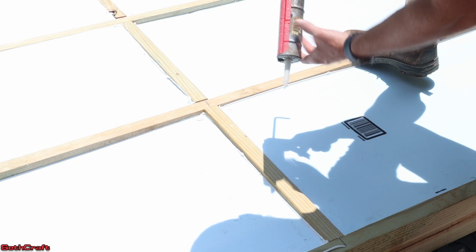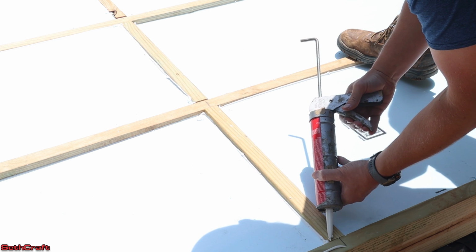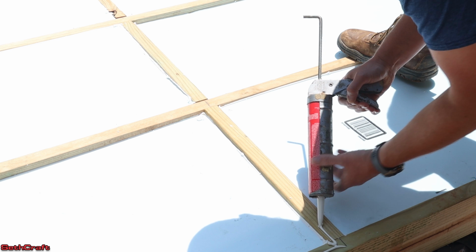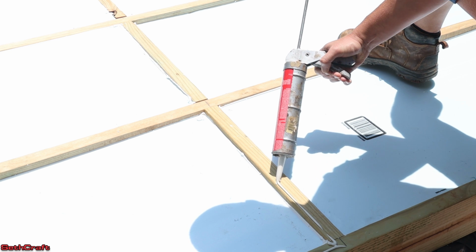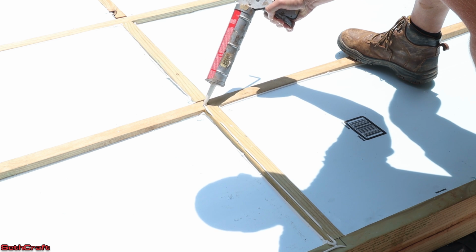When I get to this edge over here, I'm going to be careful to only apply this on the side closest to where the plywood's going to be. And I'll apply some more here in just a bit whenever it's time to put it on for the other